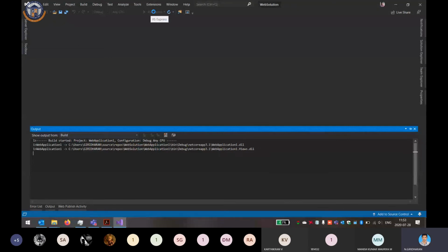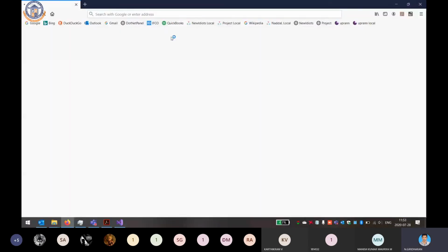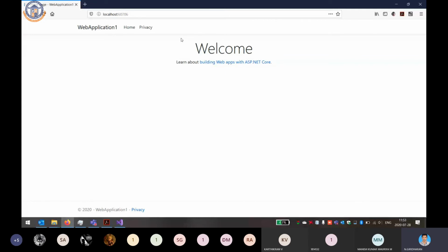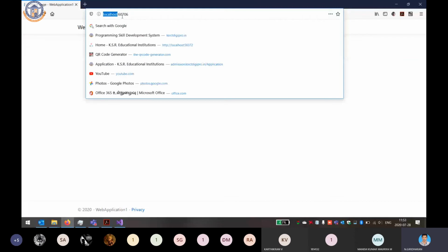It will automatically open the web page which is currently running. Localhost means it is currently running in our system, and 60706 is the port number where our website is running.